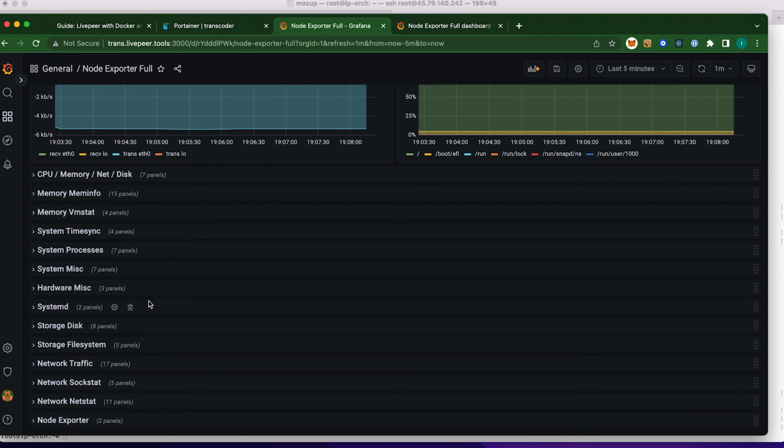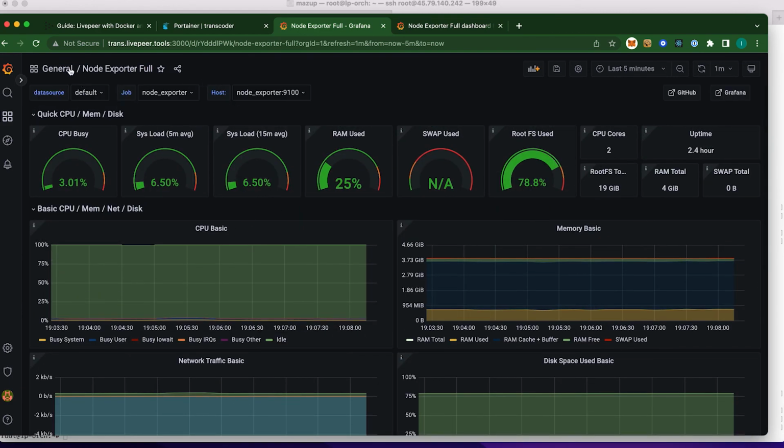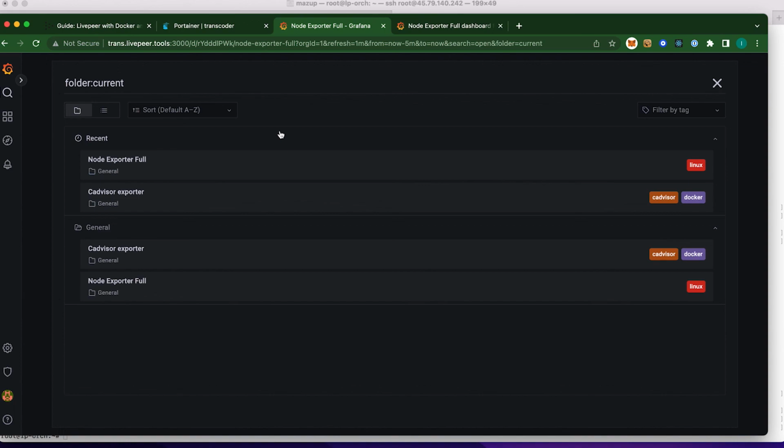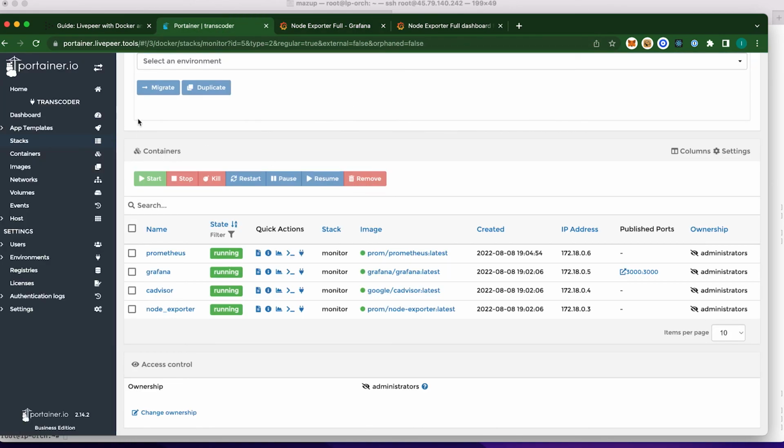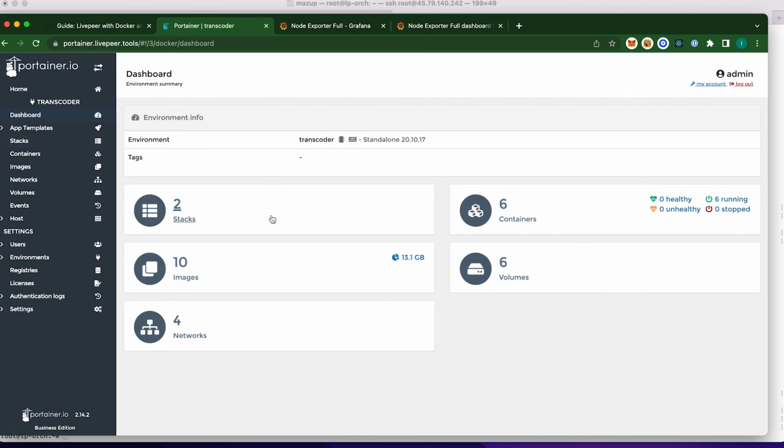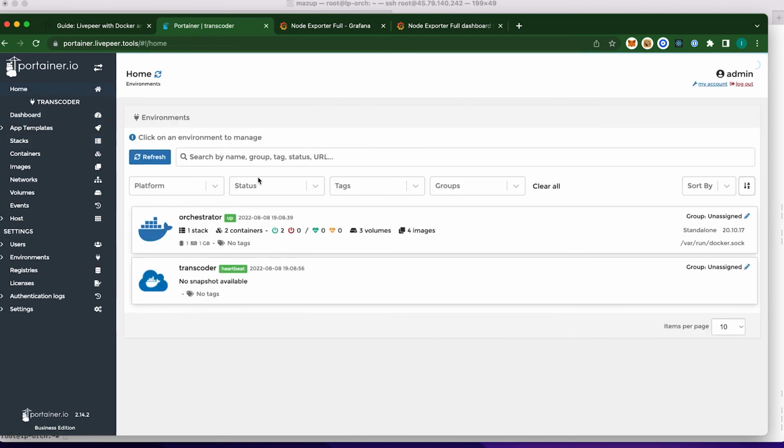Again, I call these must-haves, right? You got to have this stuff. If you don't have these running on your nodes, you're pretty much blind. But that will cap off the entire stack, soup to nuts, using Portainer and Docker all through,